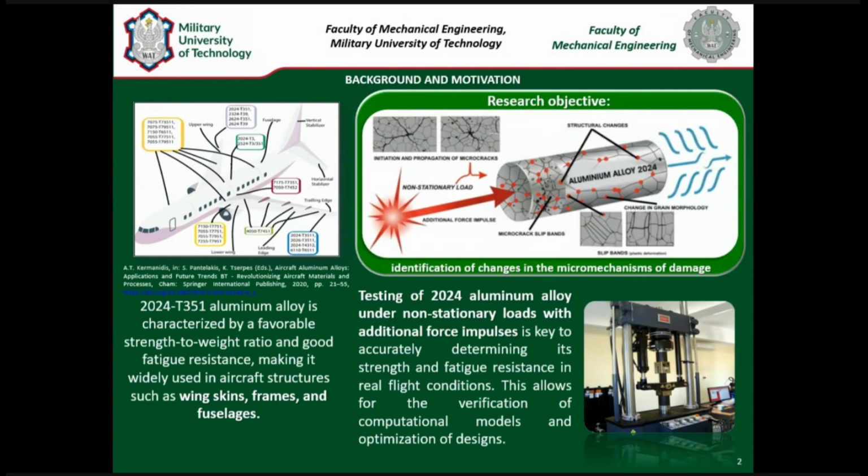This additional load impulse can happen in a very random situation, but it always changes local macro-mechanical properties. We analyze the change of micromechanical damage and the influence of this type of load on the change of material structure at different levels. We analyze macro, micro, and meso scale, between micro and macro.